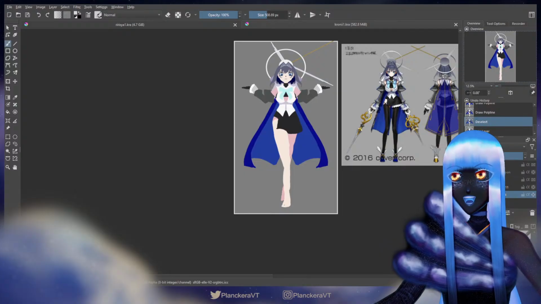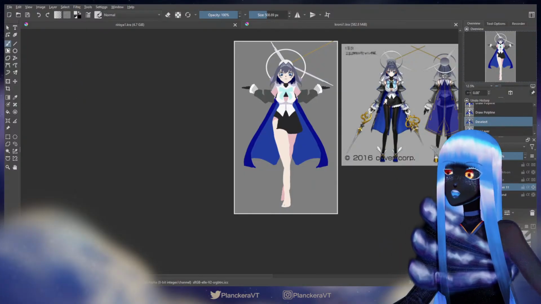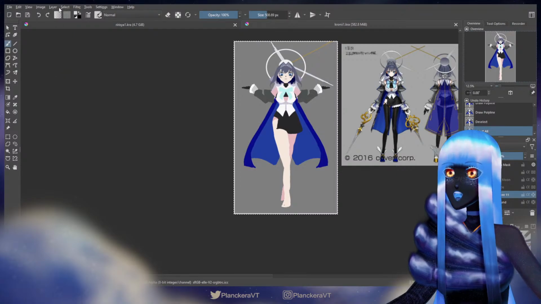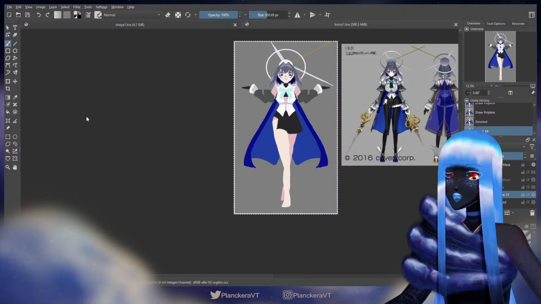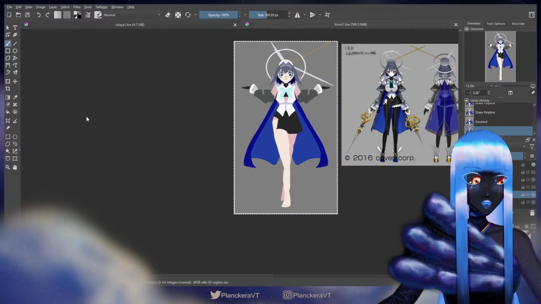Normally I'd do this on a separate layer, but I get the feeling this is going to be placeholder, so I'll just do it on this layer. I'll just go ahead and select everything. Select... Shrink selection by... So 50 pixels will get me right to the edge of where I stroked that line.